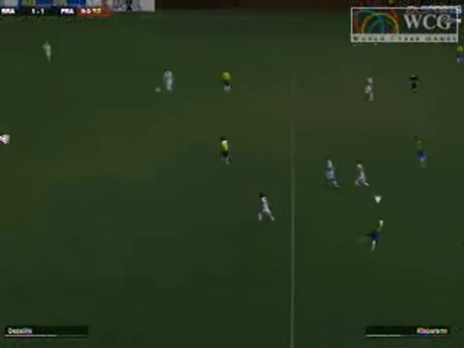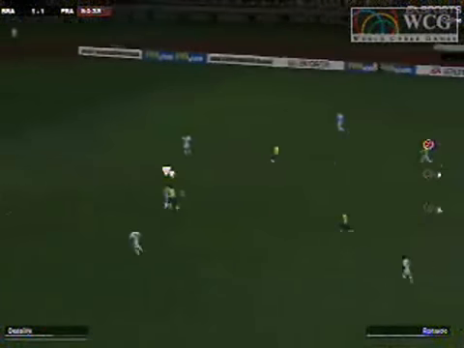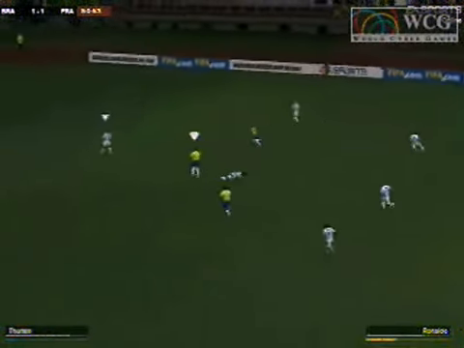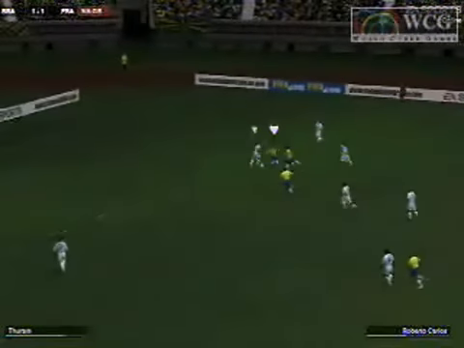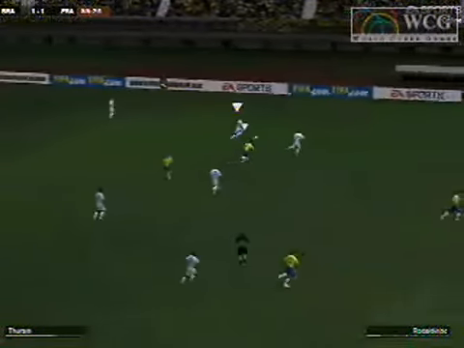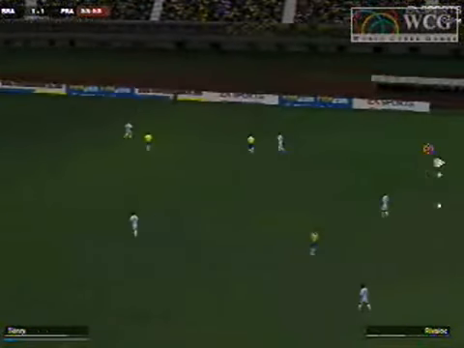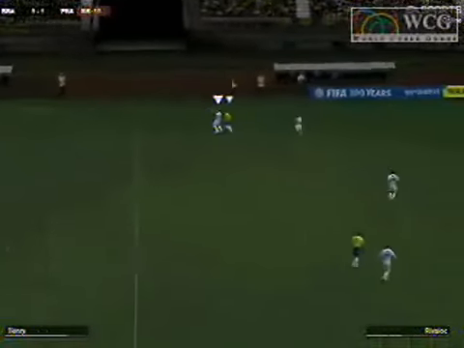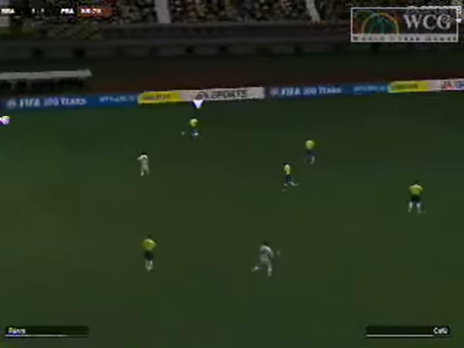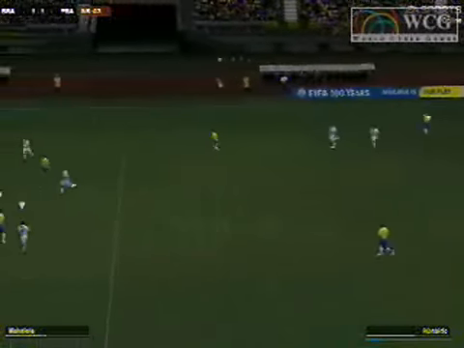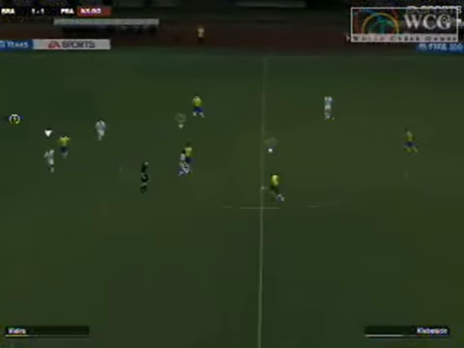Roberto back to Cleberson. Cleberson sending the long ball to Ronaldo. Ronaldo might have a chance. He gets a turn. He beats a player. A nice through ball, but an excellent step by Thuram to break up the scoring opportunity, so to say. Mainly the momentum of this Brazilian team, because that had goal written all over it.